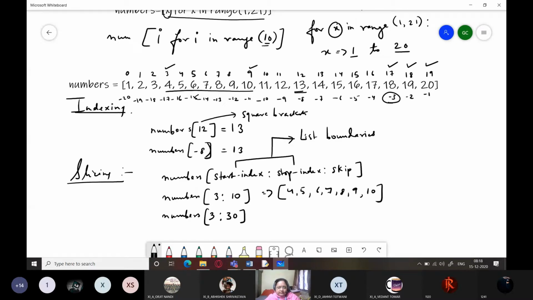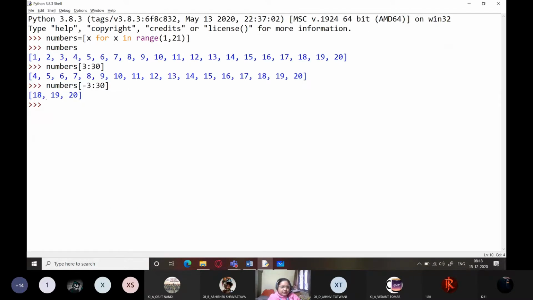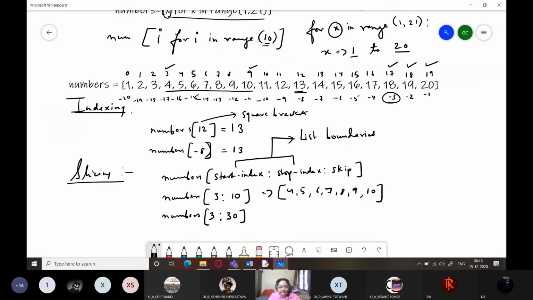Let me tell you that it always moves in the forward direction until and unless you give a negative value in the skip value. Suppose I want to display values starting from 18 to 4, right?